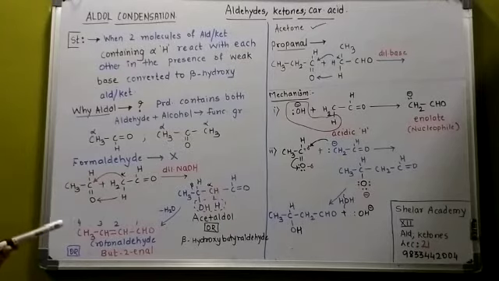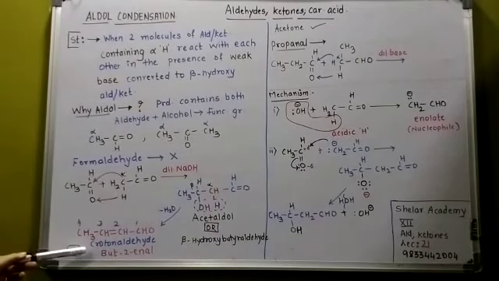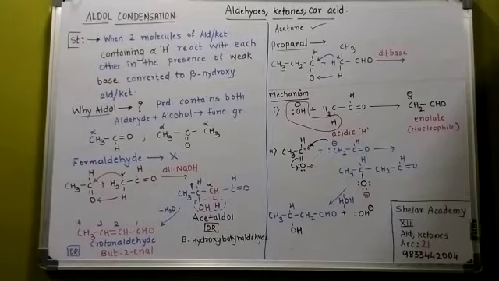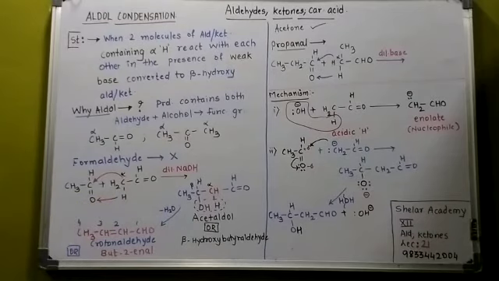Now, when we heat the molecule, there is an immediate removal of water, converted to crotonaldehyde. I have written the IUPAC name for the same, that is called butenal. Next, why is it called aldol? Because the product contains both the aldehyde as well as the alcohol group. OH भी है, CHO भी है, aldehyde भी है. That is called aldol. So it is called aldol condensation.